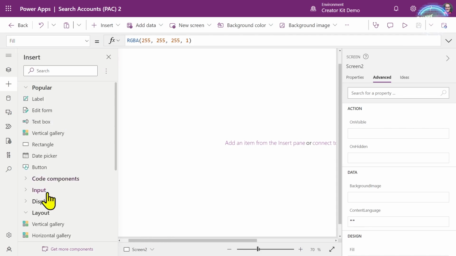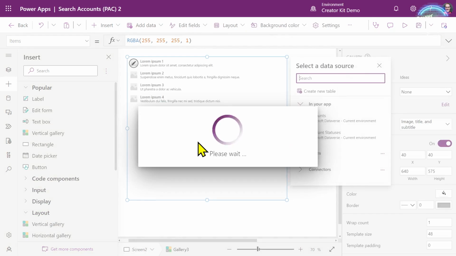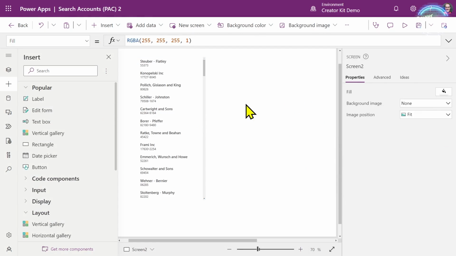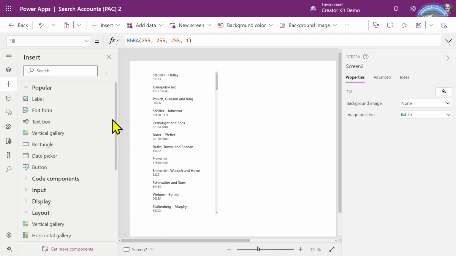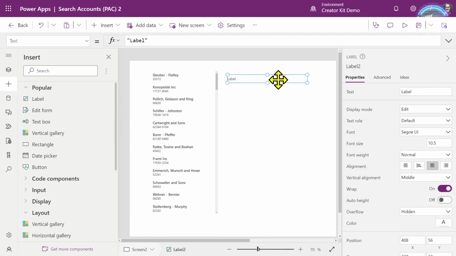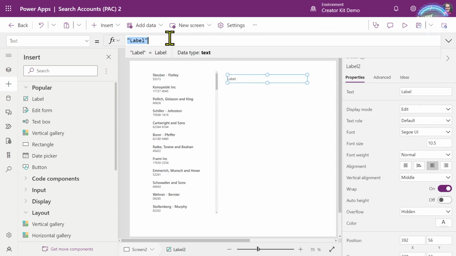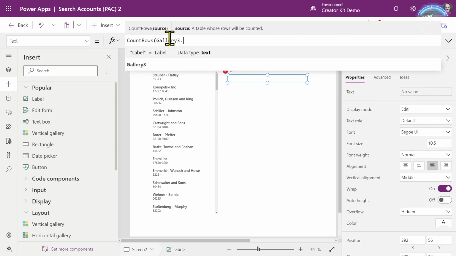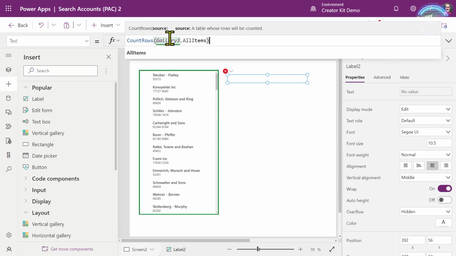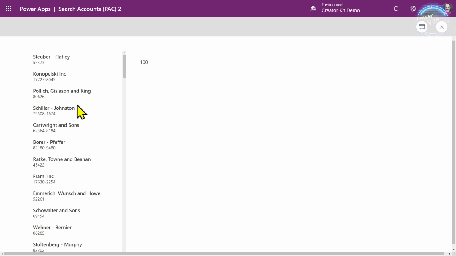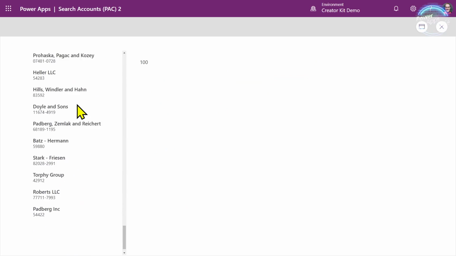So I'm going to add in a vertical gallery here just to see what it does with this get more rows pattern. I'll also add in a label. What we're going to look at is how the All items property works. This is called Gallery3, and if we go into the label here, I can say Count rows, and Gallery3.AllItems. The AllItems collection is effectively the rows that the gallery has loaded so far and then rendered. Now, as I scroll through this, it will go and get more rows, and this is the infinite scrolling. You can see there, it's now gone up to 200.